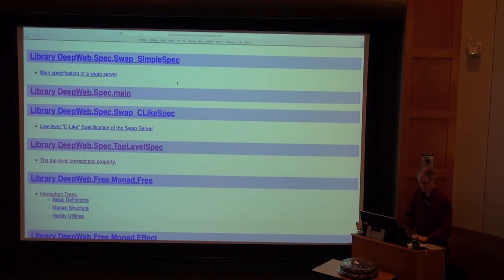Okay, so if you do a pull on the DSSS 18 repository and have a look in the DW directory, that's the deep web directory, because deep web, of course, is the name of our server, you will find in there a docs subdirectory, and that has, and this is the table of contents in that subdirectory.